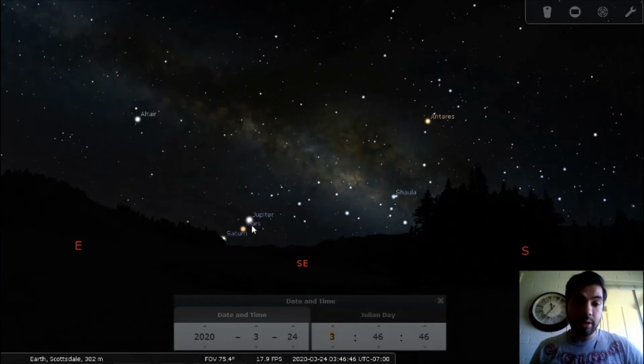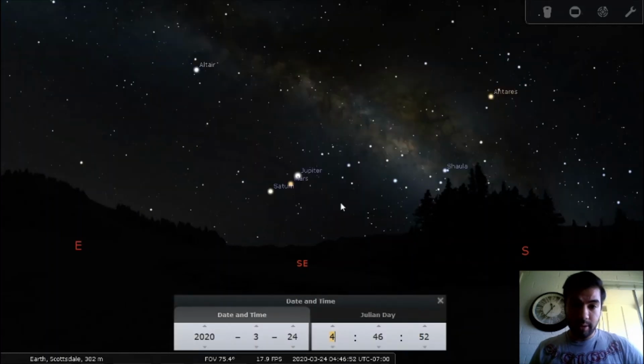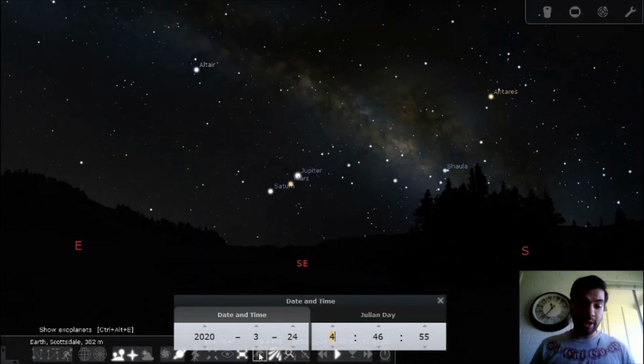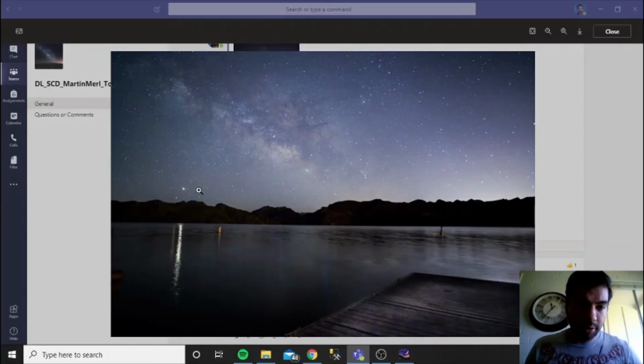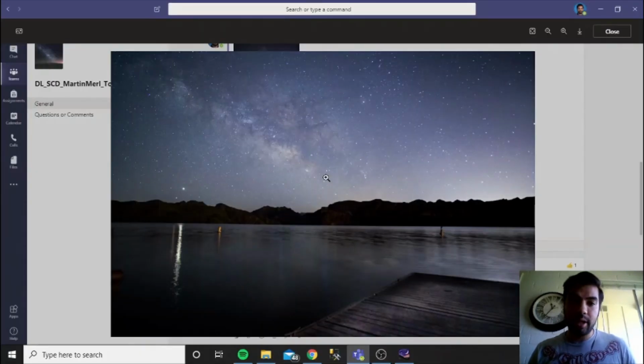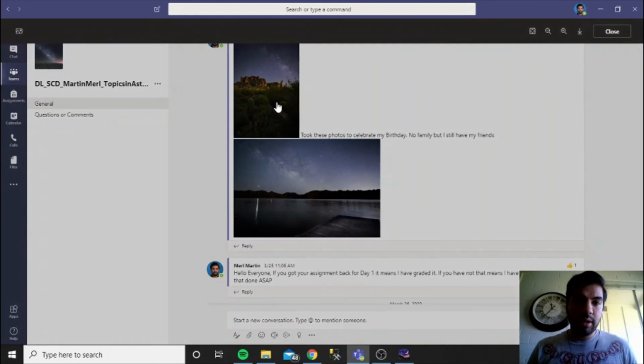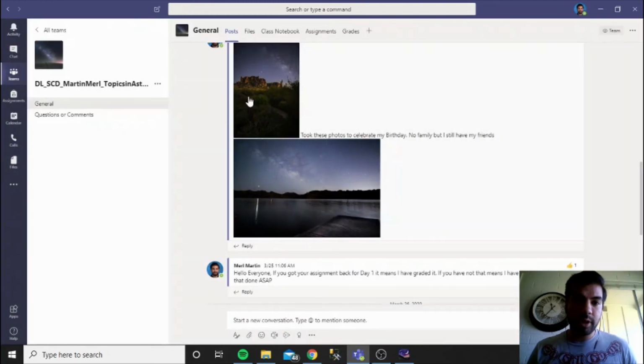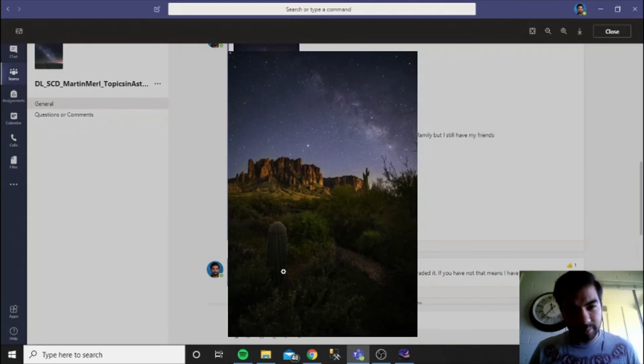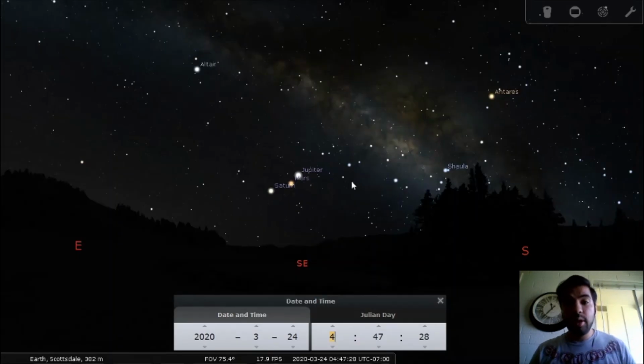So you can see right here that this is the Milky Way galaxy, the center specifically right here, which is the prettiest part. You can actually see it in other locations, but the most truly awe-inspiring section is right here. And I knew it was this because I took it around this time, and you can see Jupiter and Mars right here. However, if I would have been a little bit more patient in that location, I could have had three planets, but I was only there for a certain time, and I wanted to go to the other location to take the other picture, that one, and